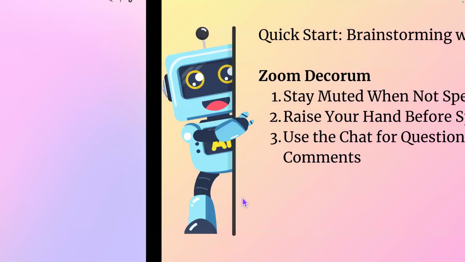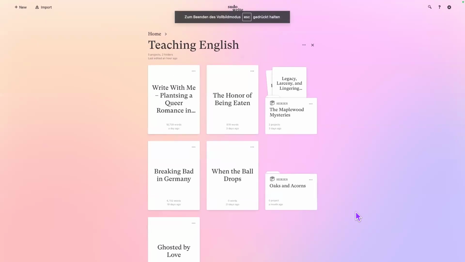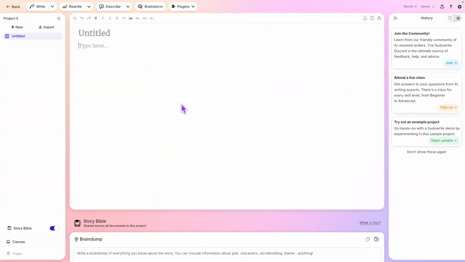Now let's move over to Sudowrite. There we go. We're working in a new project. My computer is either slow or it's just not reacting properly. That's weird. It seems to be a bit weird today. Okay, but now we have our project, and before we dive in,